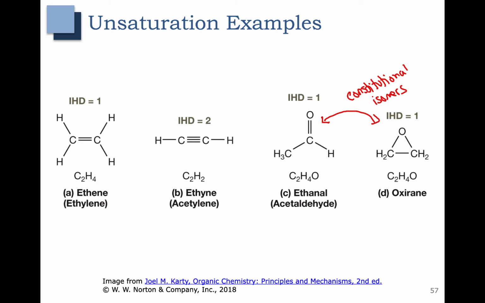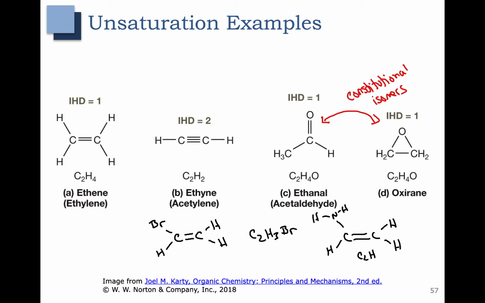Halogens replace a hydrogen, so anytime you see a halogen, you want to think of it basically as a hydrogen. You can see that C2H4 and C2H3Br both have a double bond, so they both have 1 degree of unsaturation, or 1 IHD. Amines, however, add a hydrogen. So this molecule over here also has 1 IHD, and you can see from its molecular formula that it's C2H5N